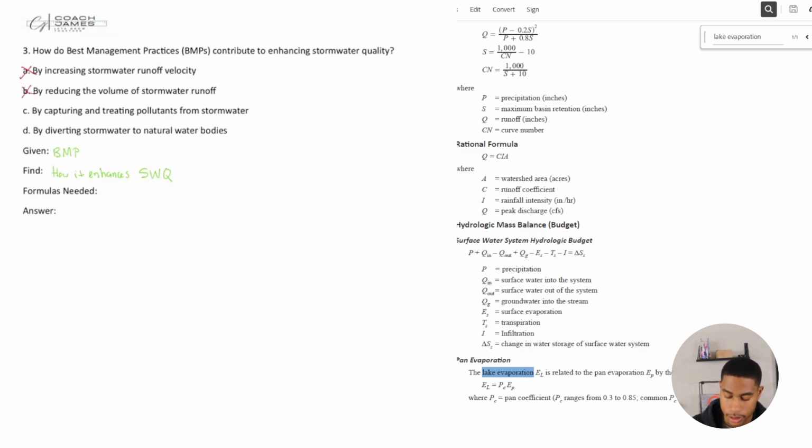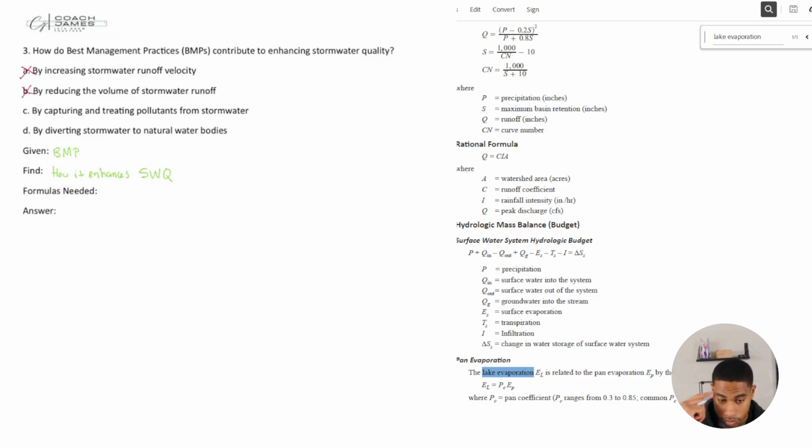You really can't control the amount of water because it's going to rain, it's going to do whatever. Once you design those basins, it is what it is. You just need to design them for literally the maximum amount of water that could potentially happen in a storm over time. Okay, by capturing and treating pollutants from stormwater, yes,